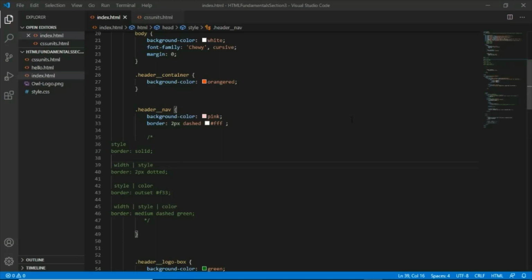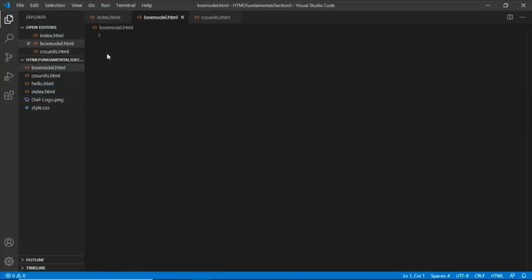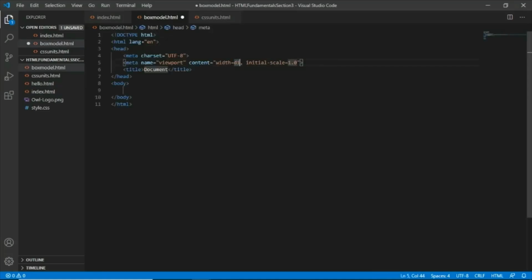Now that we are more familiar with the different ways on how we can apply some spacing in our element, let's just go and thoroughly understand what the box model is. So let me go and create another file here, boxmodel.html file, and create another template for HTML5, and then inside of that I would want to have,